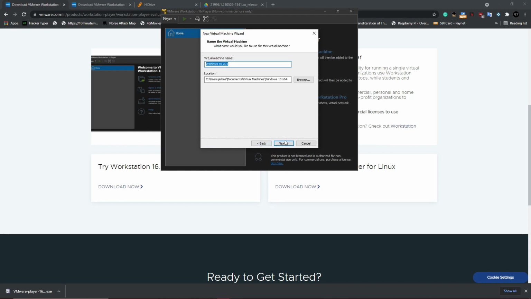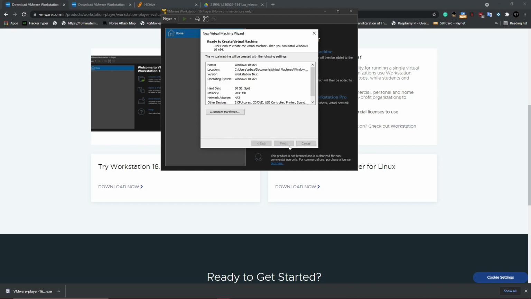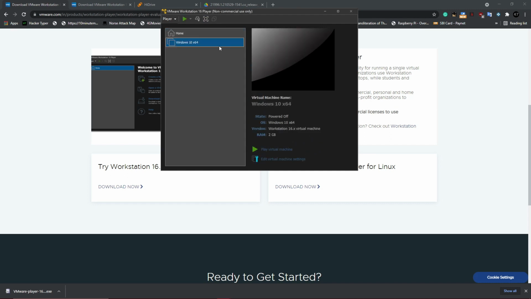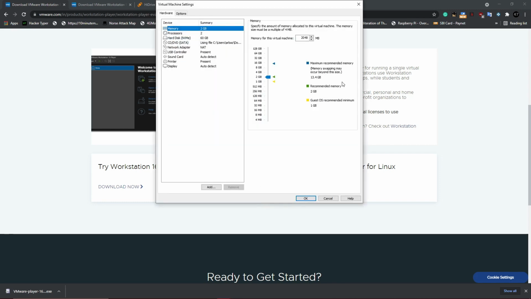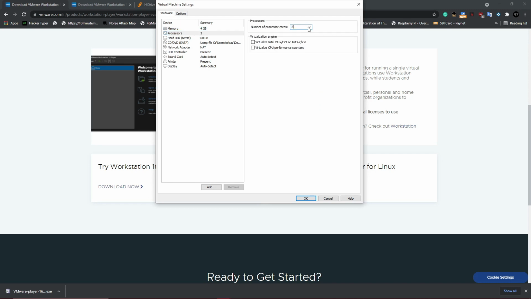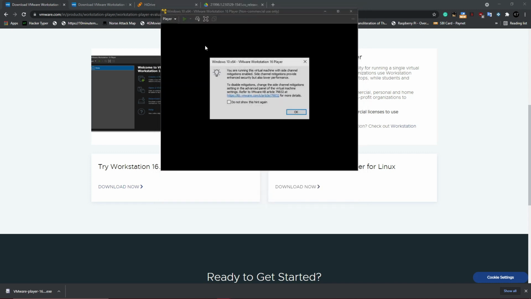We will set all the things to default, and I will finish the settings, and we will go into the settings of this machine. And I have 16 GB RAM on my system, so I will just set it to 4 GB RAM for the virtual machine. And the processor cores, I will just set it to 4 as I am having a 16 core processor. So you can set it according to your system configuration. If you set it to the default, which is 2 cores and 2 GB RAM, it is okay, it will work totally fine on your system. So once that is done, we will click on OK, and I will just launch the virtual machine.